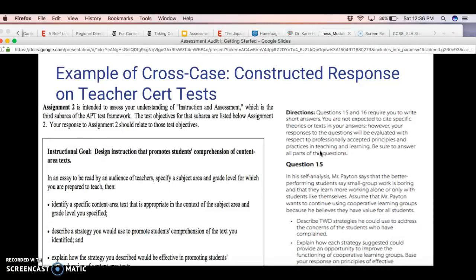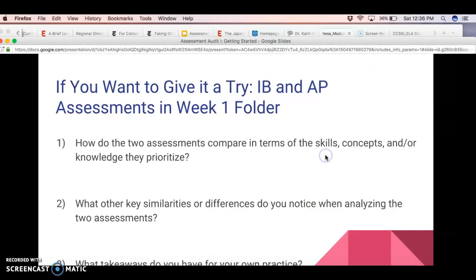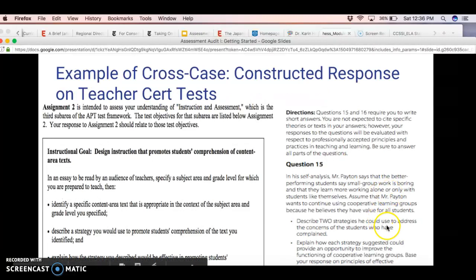And so, one of the ahas that I have looking at this is that you have to have this toolkit in your mind that you're drawing from in order to pull strategies out that might fit the particular scenario. And I'm going to scroll down a bit, or I can't, sorry. But if you look at the second or third bullet here, you can see you also have to explain why the strategy is effective. So you're also going to need to know what is best practice. So we need to be